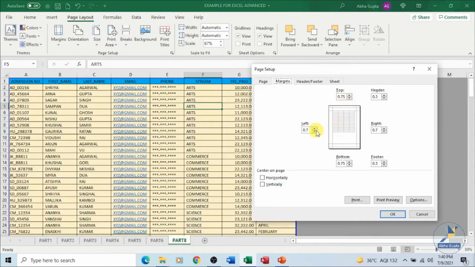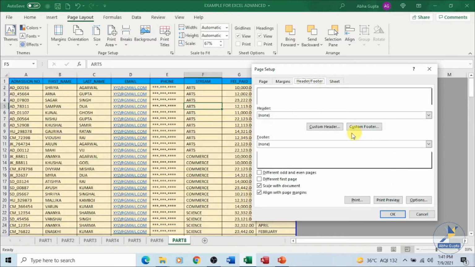Margins, we can always increase or decrease the margin area. If you see over here, we have something. Let's include the margin like something like this and increase the header area. Definitely some data will be changed from this side or that side. We'll adjust that as well. Margins have been set. Let's go to header and footer.